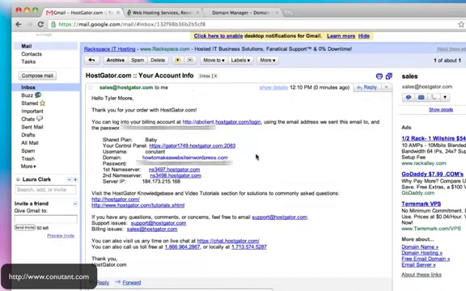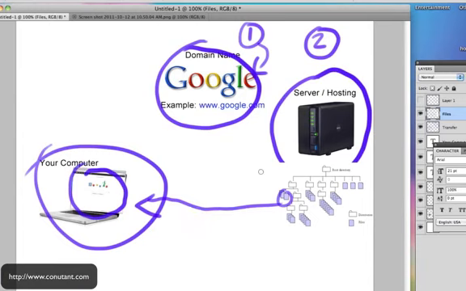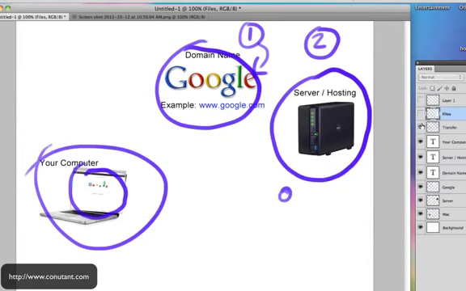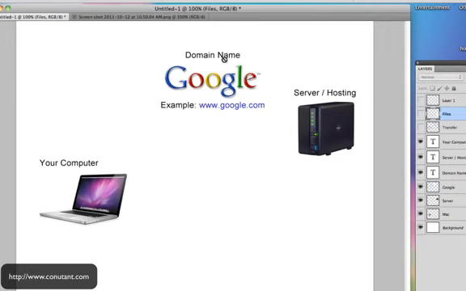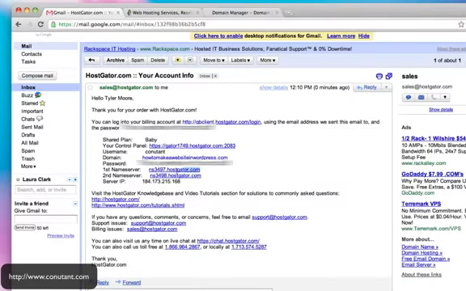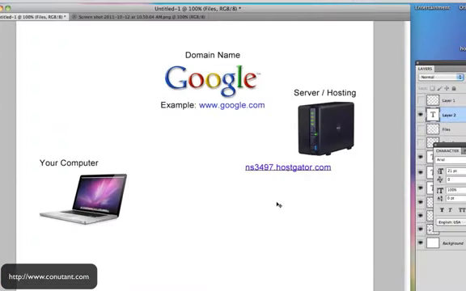So, we have our control panel with username and this crazy password. And these are our name servers, which is the name of your server. So that allows you, if we go back to our other picture, we can see here that the name of the server would be something like, let's see where that picture is. So this is the name of the server,